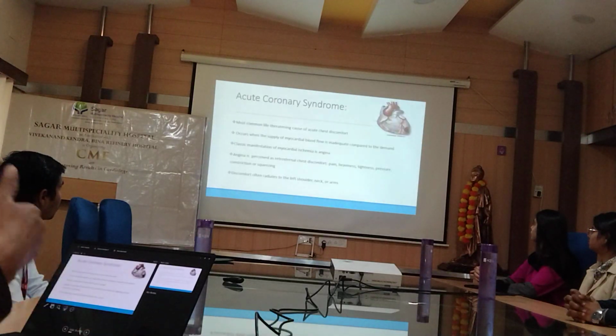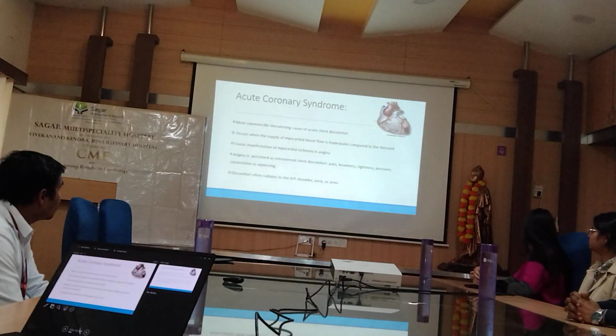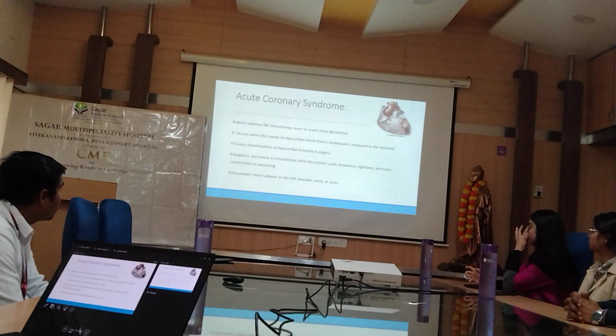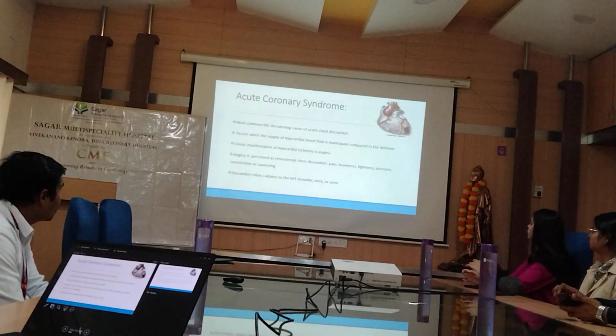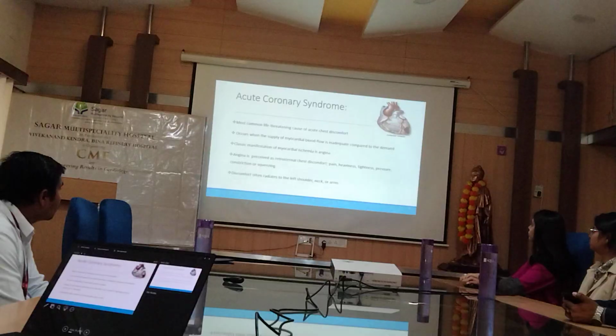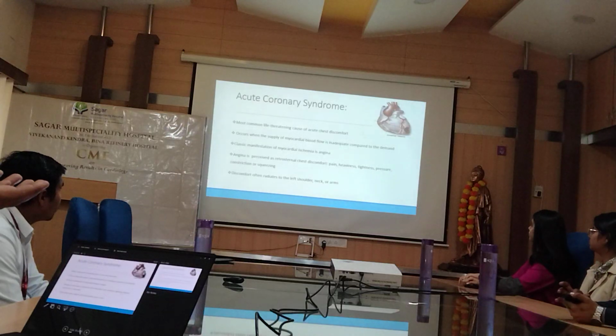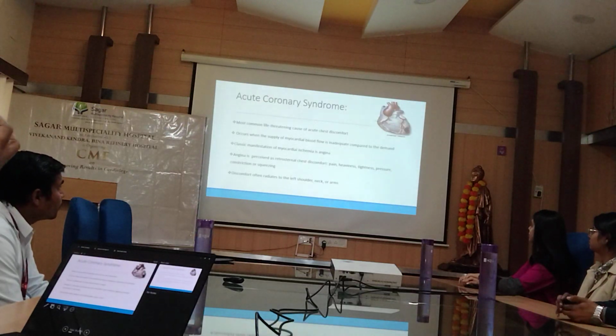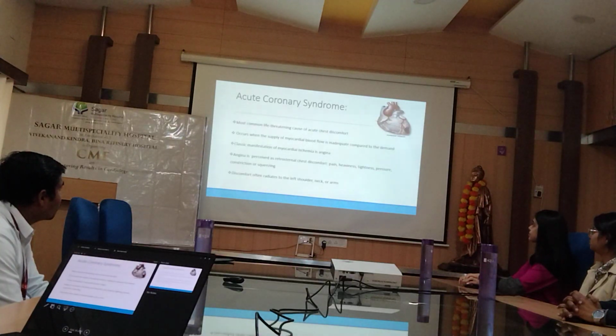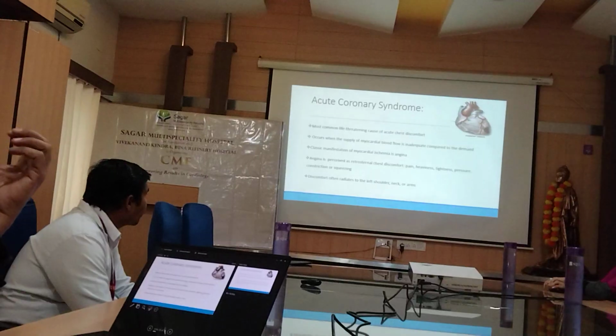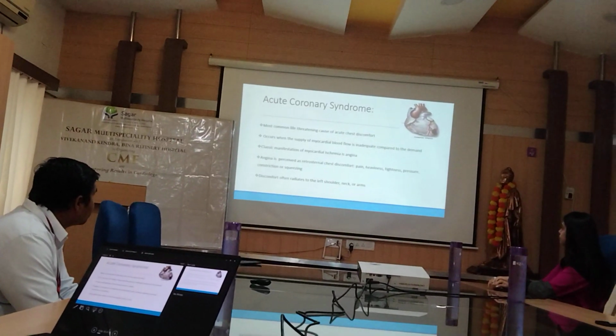Now we briefly discuss all the life-threatening conditions. One is acute coronary syndrome. It is the most common life-threatening condition in patients with acute chest pain. It occurs whenever there is an imbalance, a supply-demand mismatch, between myocardial blood flow and demand, and blood supply is less than the demand. Then the patient has ischemia, which can cause angina, and this angina is perceived as retrosternal chest discomfort, which may be tightness, pressure, constriction, or squeezing, and it may radiate to the left side of the jaw,